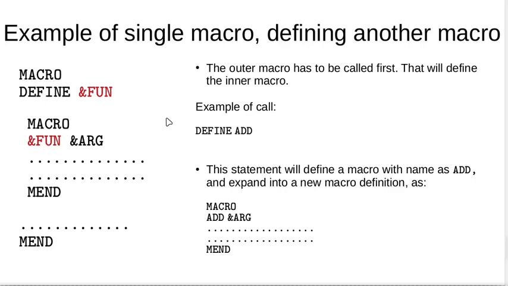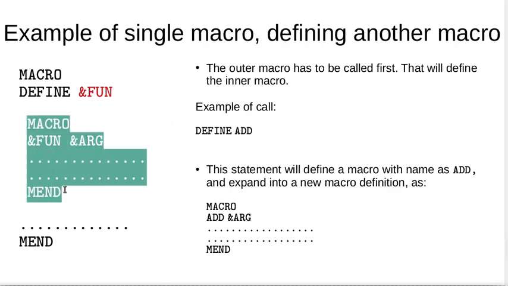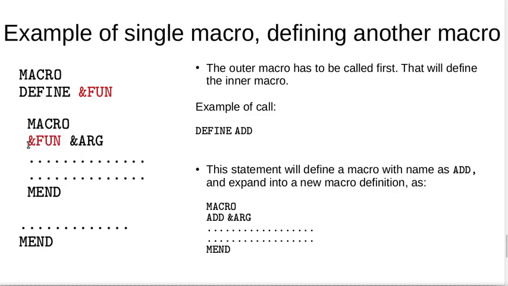How? If we call the outer macro again, let's say define, and here we write sub with a different name, then another macro will be created which will have the same macro definition but a different name. The name will be sub, right? And so on and so forth. We can continue doing this time and again as much as we want, right? So this is the whole concept. I am sure this is very much clear, right?